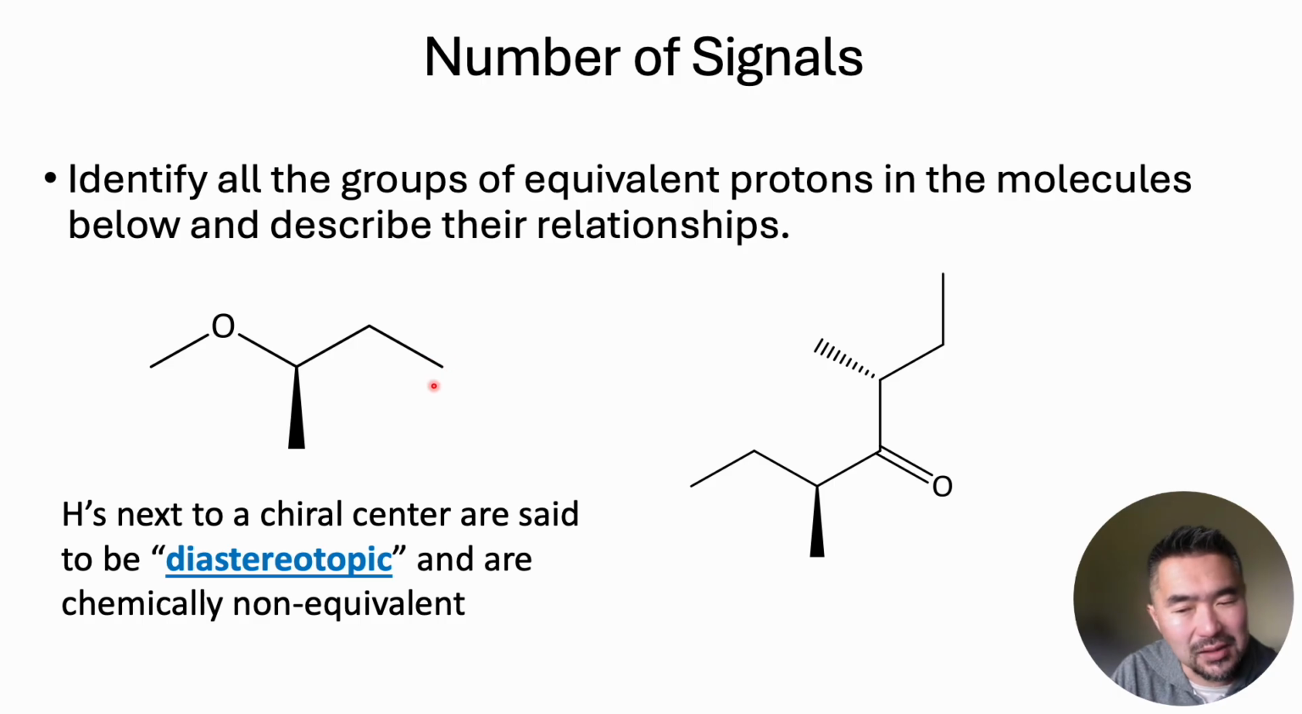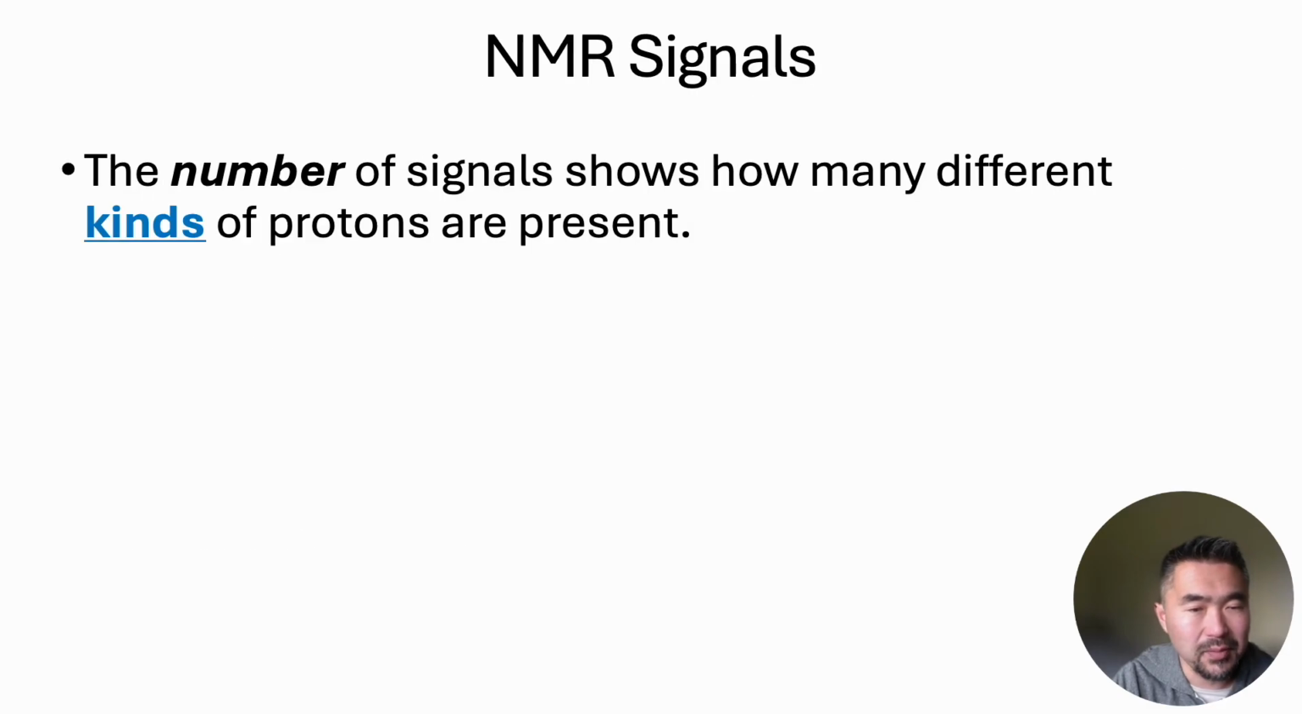Now, that effect is not as much felt at this far away methyl group, so that would be 1 signal. So to summarize, we should expect 1, 2, 3, 4, 5, 6 signals for this molecule because of the diastereotopic effect. Okay. So just to summarize NMR,